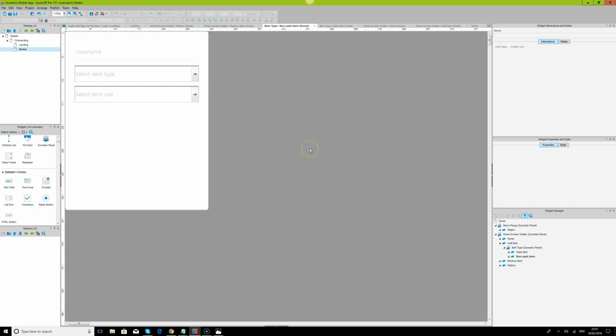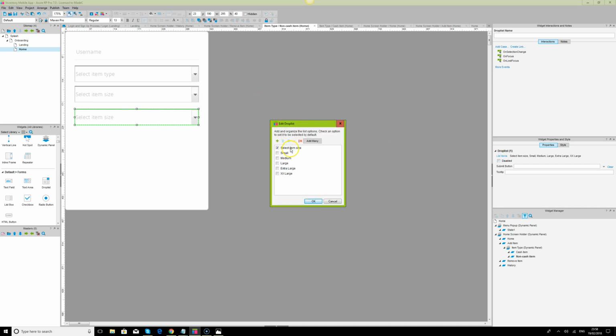Alright, so the next thing we need to do, we need to select the brand or make, or we can enter the brand or make. So what we need to do, we can use a drop down here. For now, let's just use the drop down, and we can always have inside our database, different types of brand name of clothing item. So we can say select brand or make,